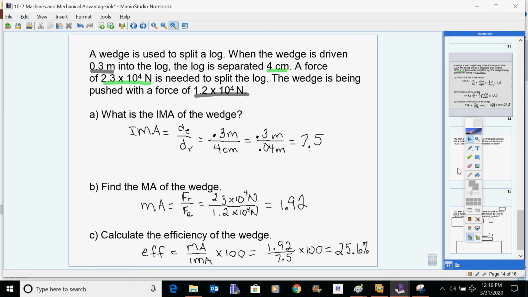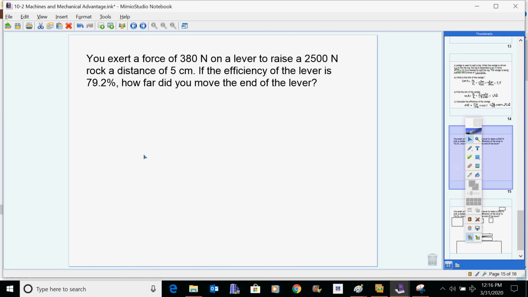So let's look at one more for the day. You exert the force of 380 newtons on a lever to raise a rock. Sometimes people will do that when they are gardening or whatnot. You use a simple lever. A hoe is actually an example of a lever, or a shovel, and you're trying to move this rock or this tree root. I know I've been there, done that, where you've actually used a shovel or some other thing as a lever to try and move something. We have this rock,